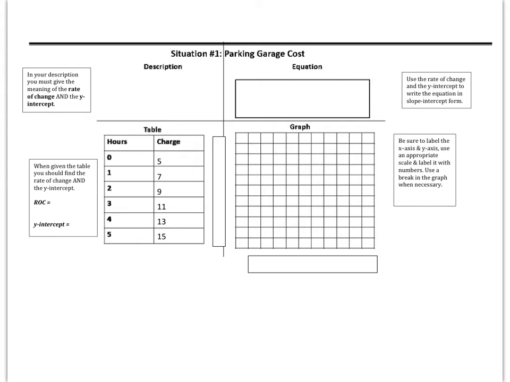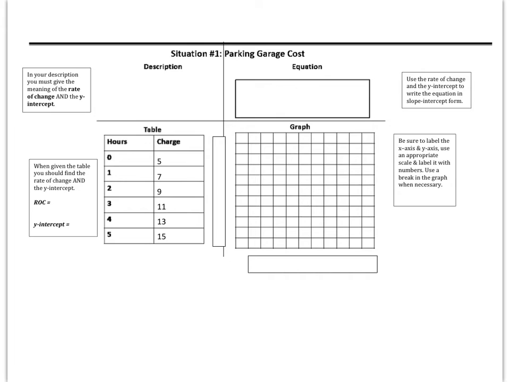So quiz questions for this concept are going to look a lot like this. You're going to be given a situation, and you're going to be asked to come up with either the description, the equation, the table, or the graph, given one out of the four. So it could look similar to the top half of the front, or similar to this, and there will also be a matching section, which is what you just did. So if you take a look at this one,